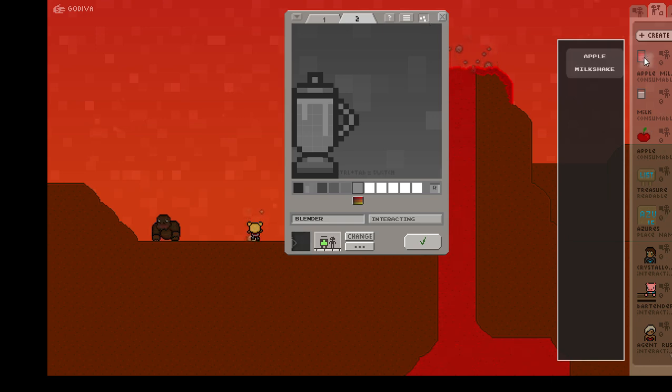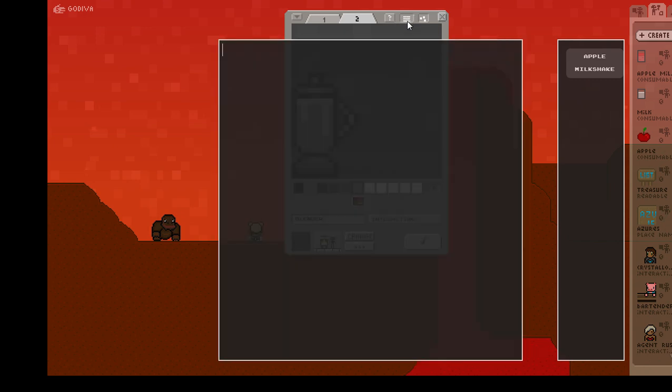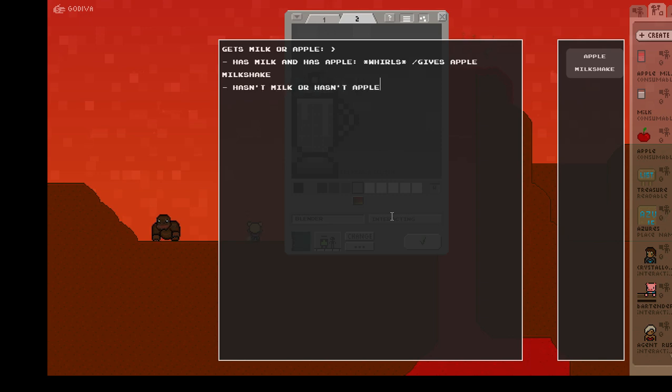And if I click Apple Milkshake, this NPC now has that in its inventory. So if I click this button with the three lines, I can now program what I want my NPC to do. So we'll say get milk or apple, has milk and has apple. What kind of a sound effect does the blender make? Whirrs, gives apple milkshake, hasn't milk or hasn't apple,